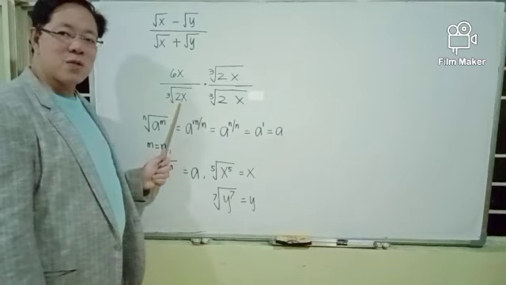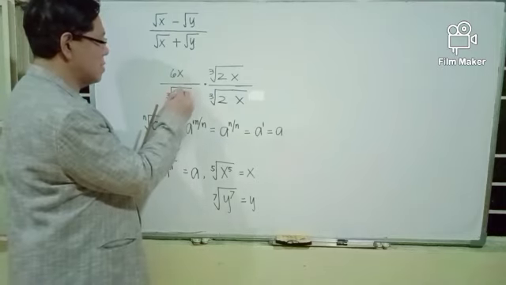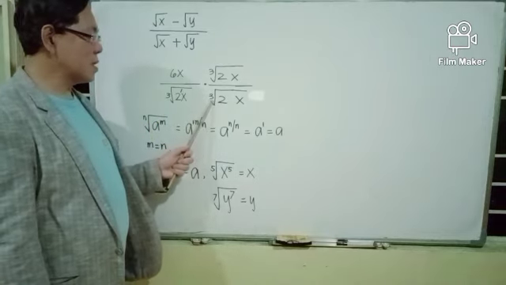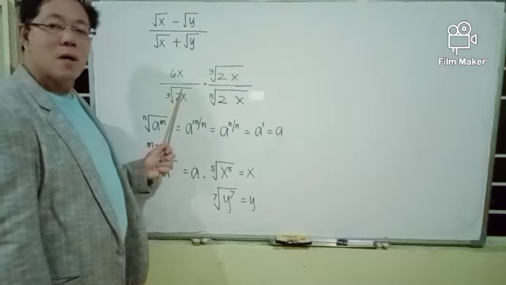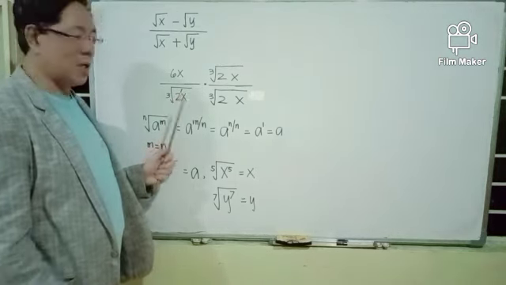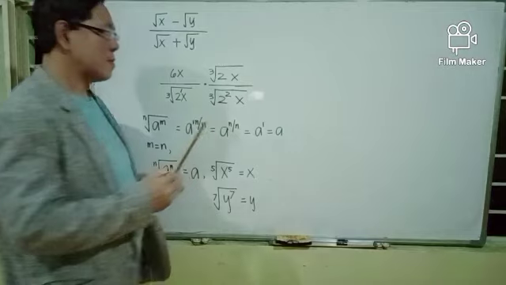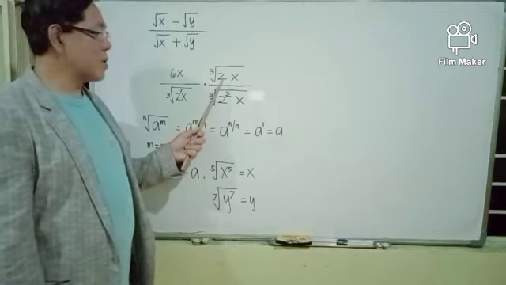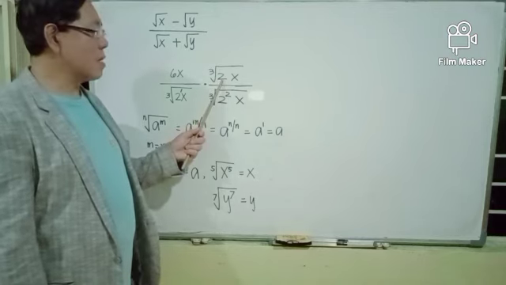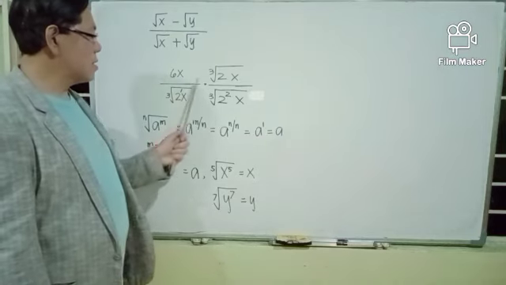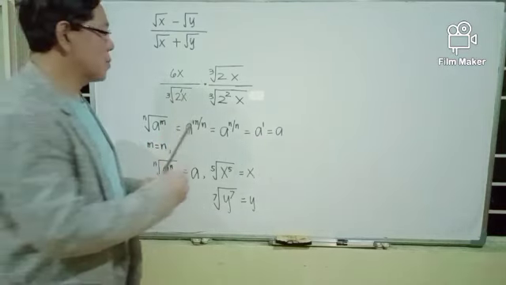If you write the exponent of 2 here, it is 1. And the exponent of 2 here will be the index 3 minus the original exponent of 2, which is 1. Hence 3 minus 1 is 2. It's the same in the numerator. The exponent of 2 will be the index 3 minus the original exponent of 2, which is 1. 3 minus 1 is